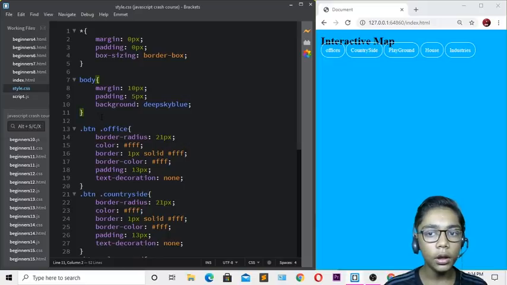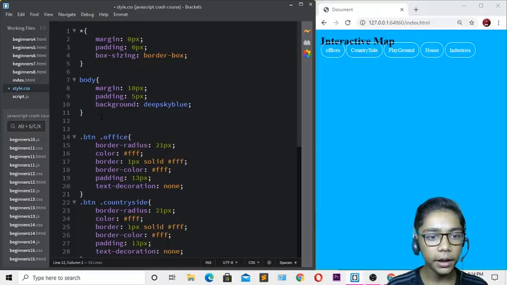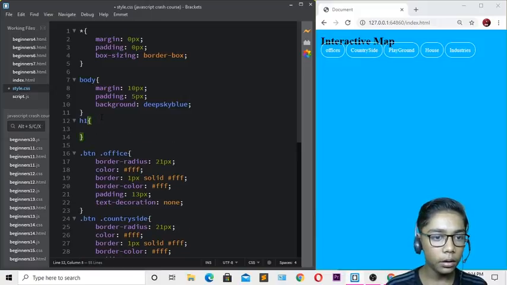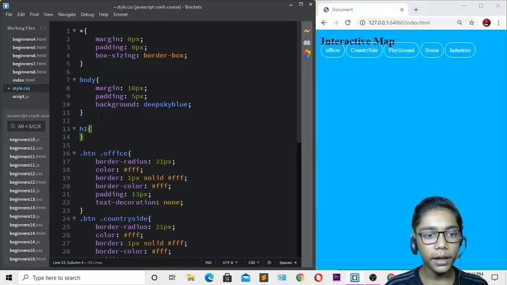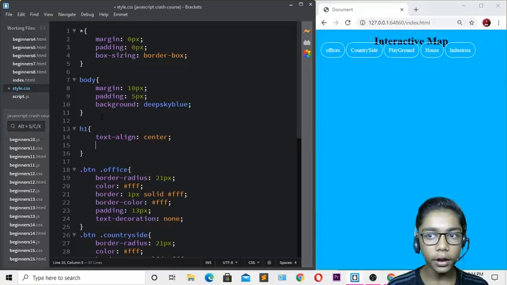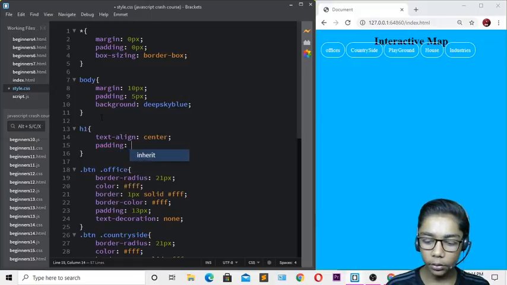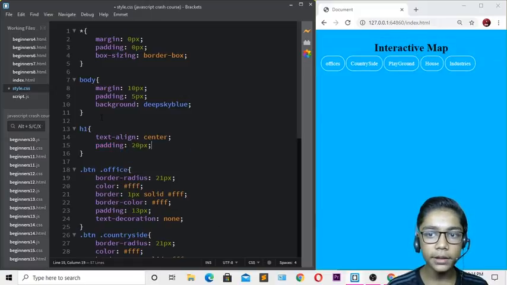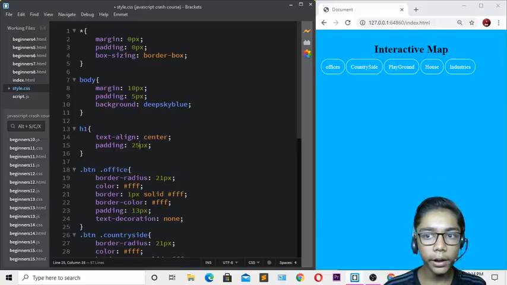Then when you've done these all, you have to come over here, and I will be writing over here the h1 tag which I have defined, and I will press enter. Then come over here, I will be writing text align center, so I will be taking it to center. So right over here center like that. So when you've done that, come over here, and now I will be giving the padding of 20 pixels. So I will be writing padding 20 pixel over here. Okay, so here you can see now it has gone down enough. Now over here I will be giving it 25, and you can see now it has gone down.